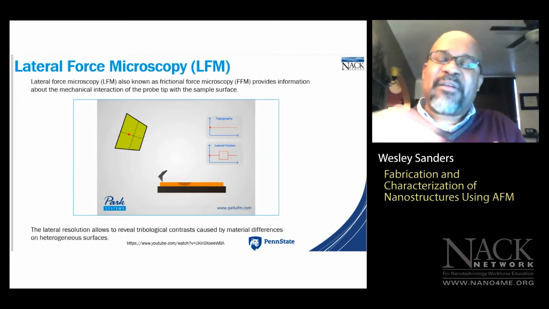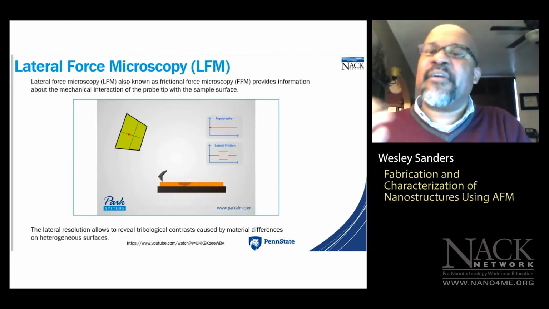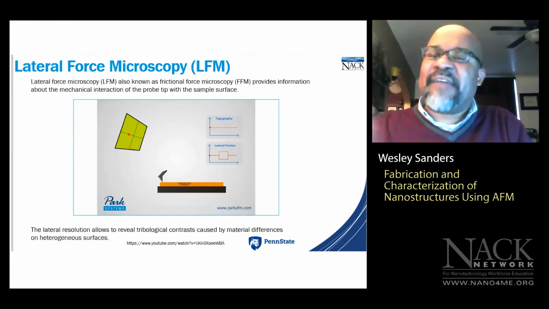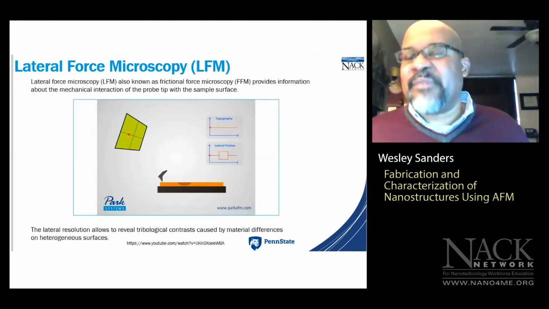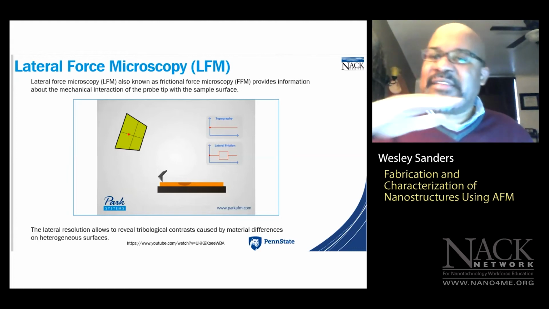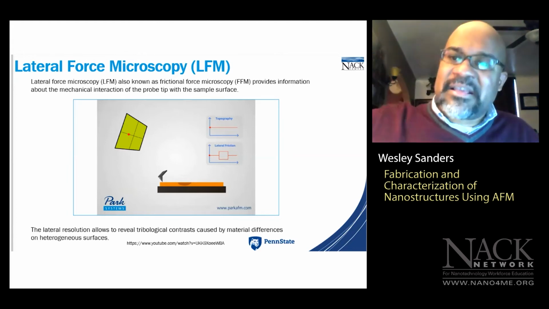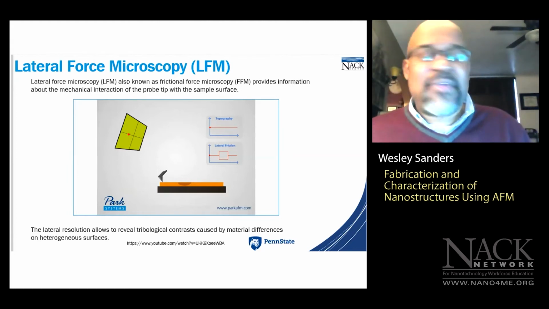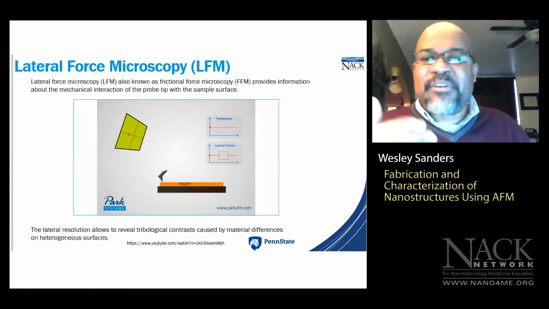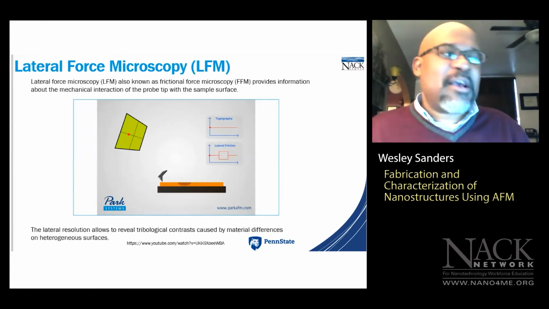If you were to spin coat that copolymer on a wafer and image it using contact mode AFM, you're not going to see much in terms of surface topography because, again, you'll have a nice flat layer of your copolymer. However, if you use lateral force microscopy to image your copolymer spun on your wafer,